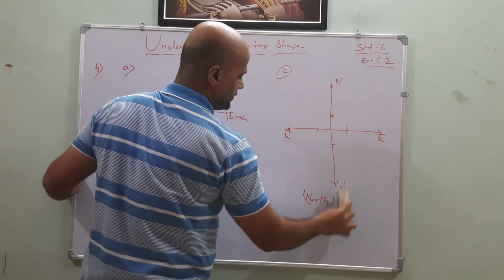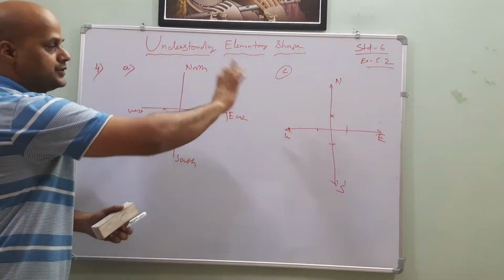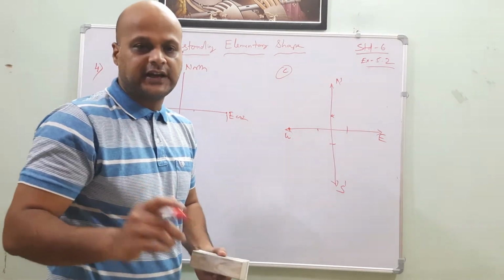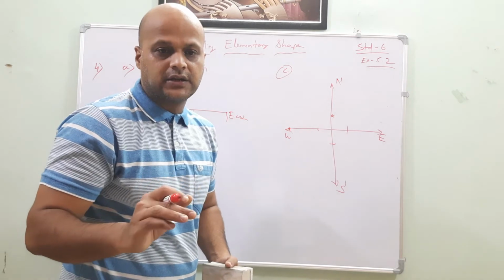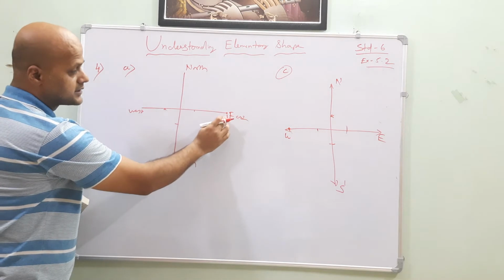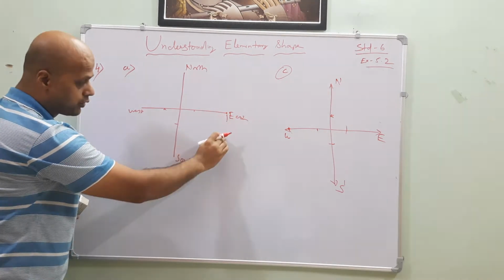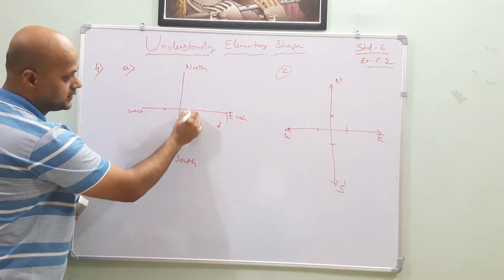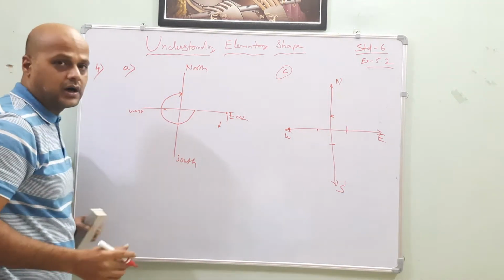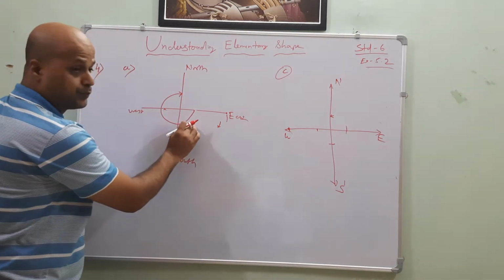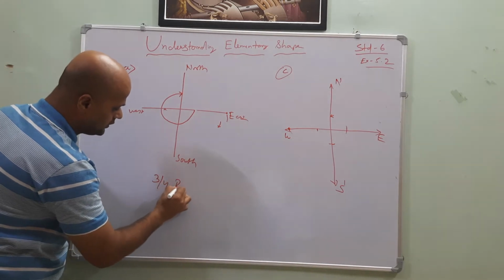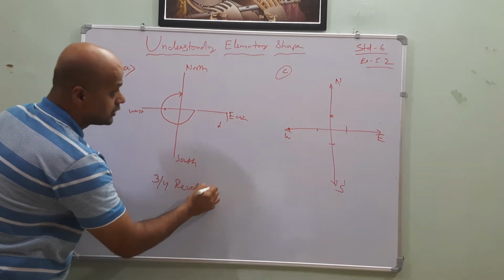Okay, fourth one. Let's go for question number E. Same drawing I am doing so that time will not be wasted. It's saying: start from east and turn clockwise to face north. Starting from east, I will revolve clockwise. Clockwise means this is the direction, and I will face north. How many revolutions is it? One-fourth, half, three-fourths. Three-fourths of the revolution. Very good. Now this one you will do.